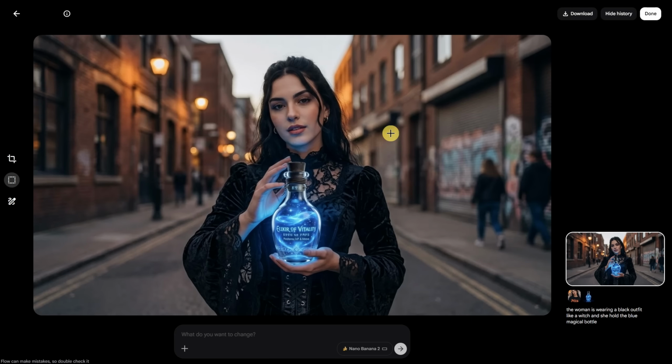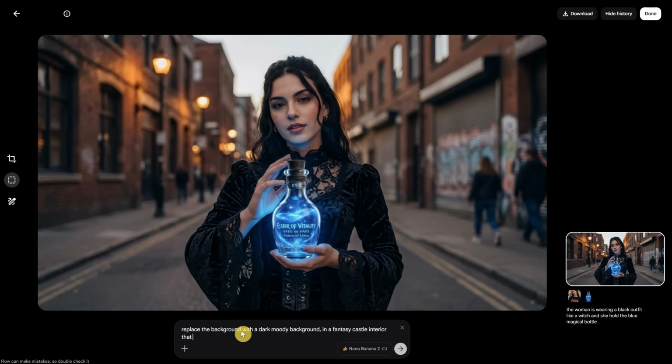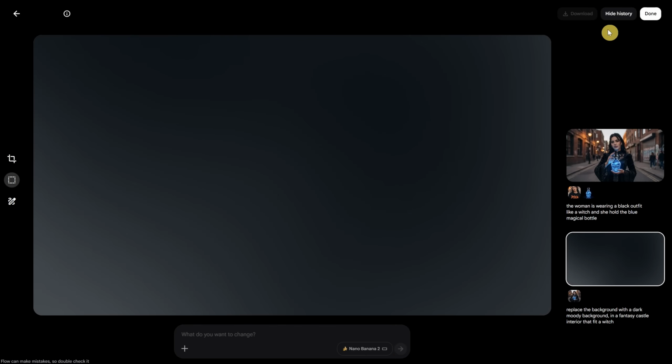But the good part is we can actually change this if we want. Let's adjust the prompt to replace the background, maybe with a fantasy castle interior. And from here, you can also change the Nano Banana version, and you can also make it portrait if you want. Let's generate. And the good part is that we now have history here, and we can see all the